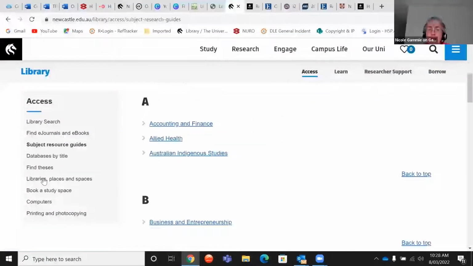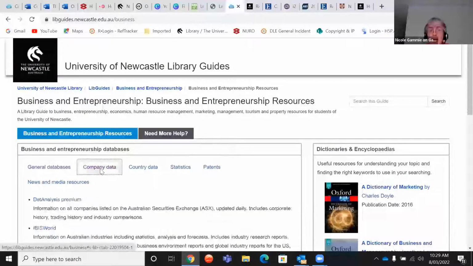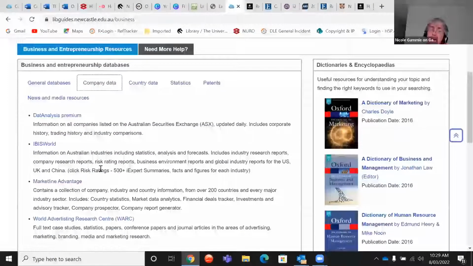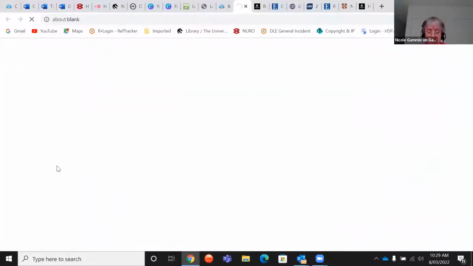So because we were looking at BHP, we're looking at something business related. So I'd come into here and have a look at the business options. So we're looking at company data. This is the other nice thing about coming in this way: we can see that there are a few other options for us to have a look at as well. So MarketLine is not the only option that we've got. We're going to have a look at MarketLine today. So if I now click on MarketLine,